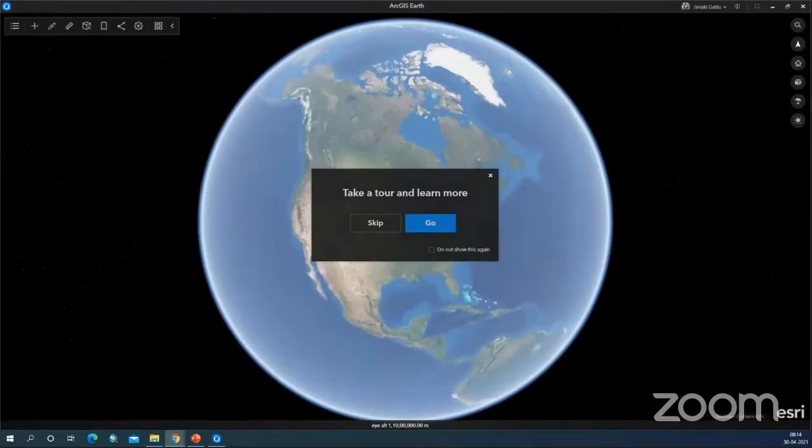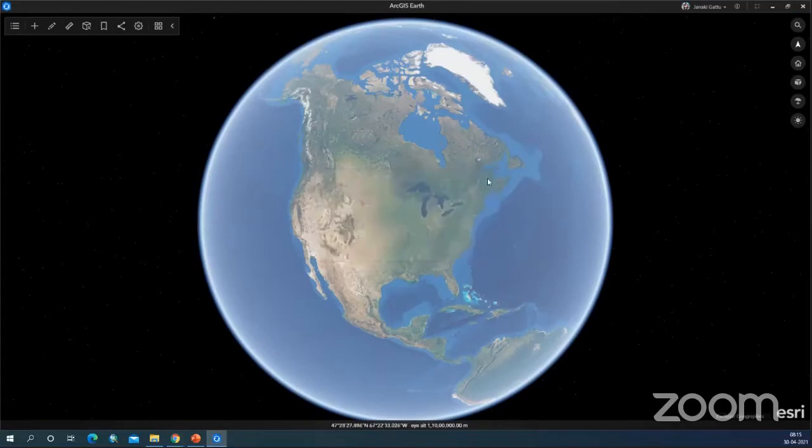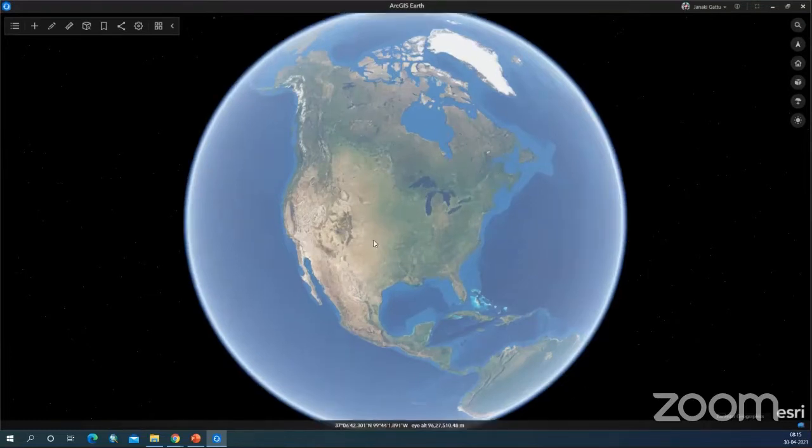Okay. Can you see this is my first view of ArcGIS Earth, which you are seeing here. It is basically an interactive 3D experience which will help us to plan our data, to visualize the data, and to evaluate the data on the globe.